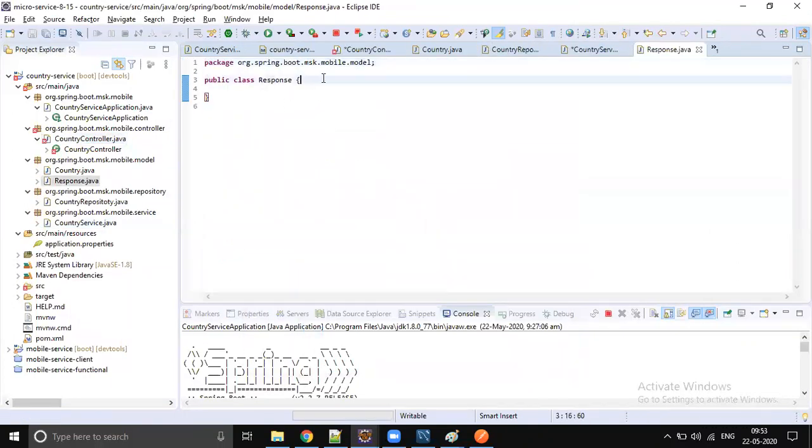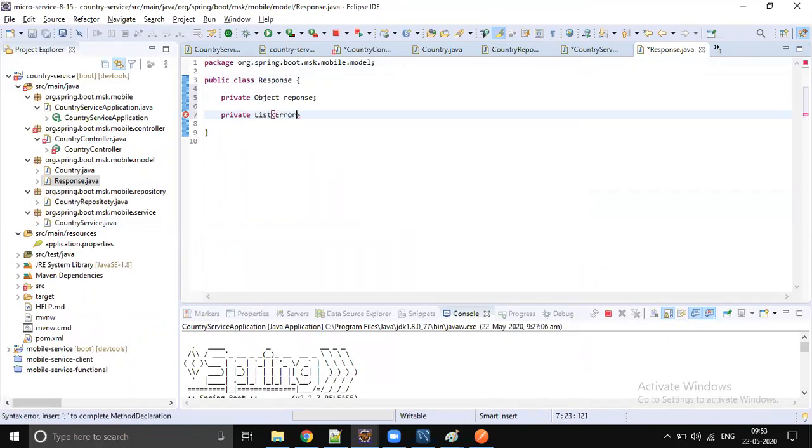This response is going to have two parameters. One is response and another one is errors. Let's generate setters and getters.